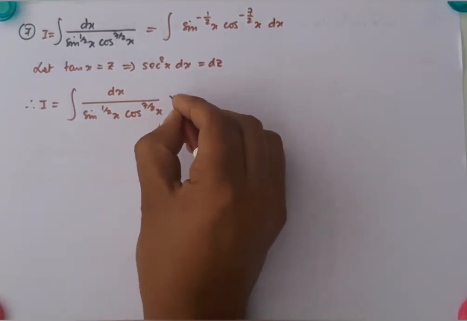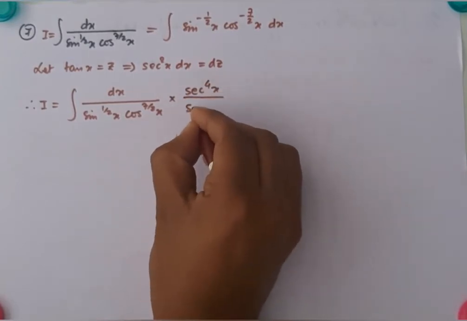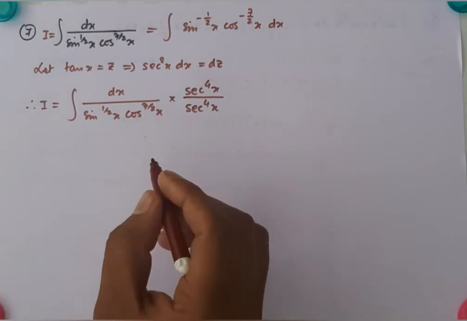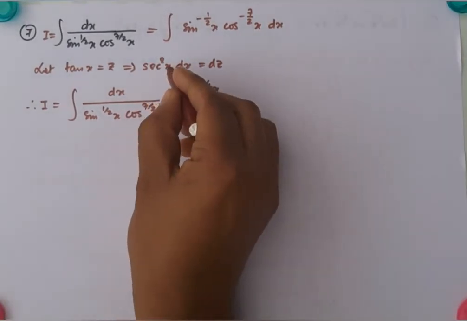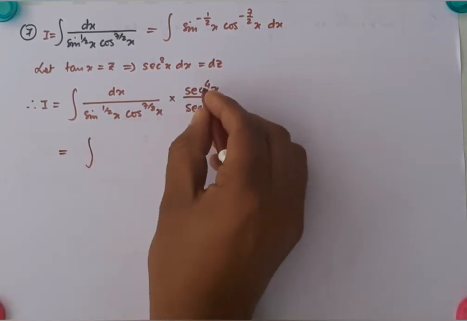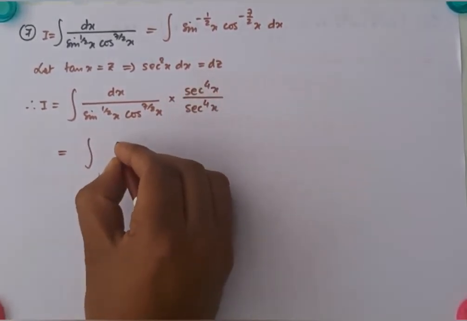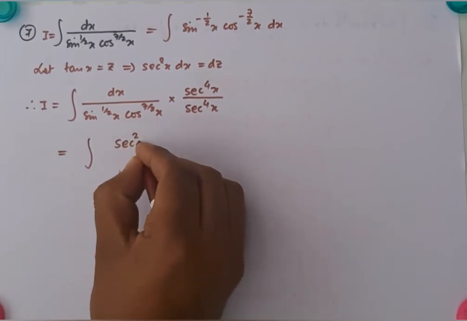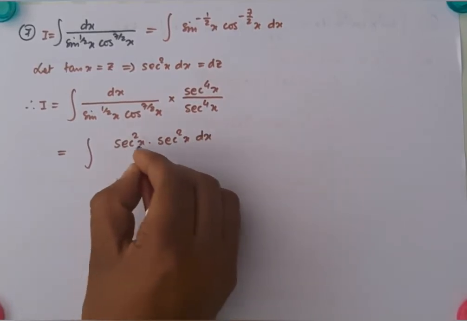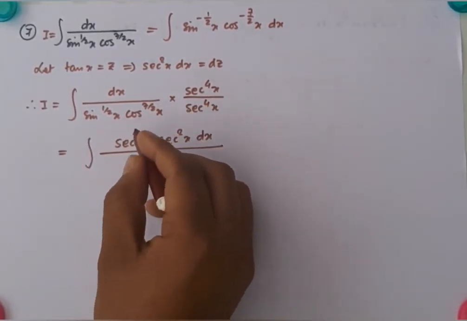So let's do that. Let's multiply both numerator and denominator by sec to the power 4x. I hope this is clear to you, because I want to get sec square. So all of you know sec to the power 4 can be written as sec square x into sec square x dx divided by,